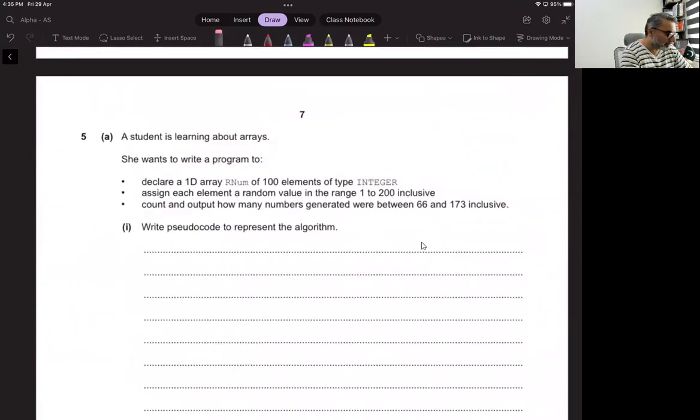Question number 5. A student is learning about arrays. She wants to write a program to declare a 1D array rnum. Okay, so declare a 1D array rnum of 100 elements of type integer. All right, so declare